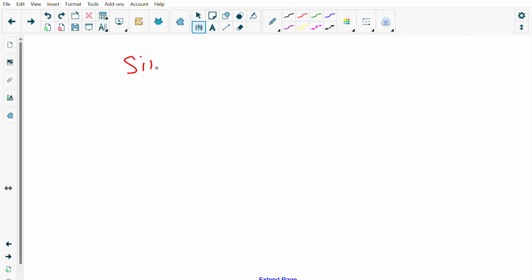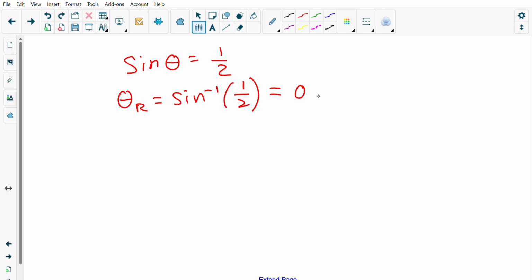If I take that part of the equation, so remember we had this part, sine of theta equals 1/2. Do this on your calculator. Reference angle equals inverse sine of 1/2. If you just rely on your calculator, remember your calculator will give you part of the solution. Make sure you're in radian mode. If you do the inverse sine of 1/2, I get